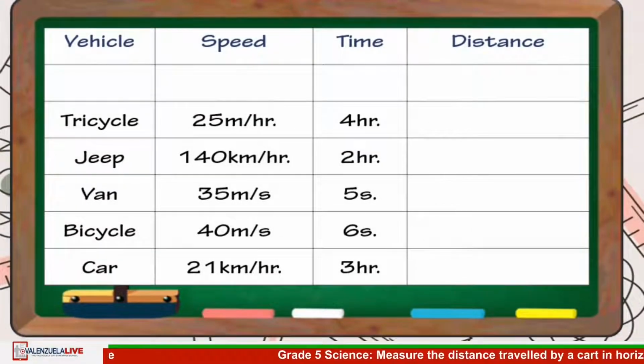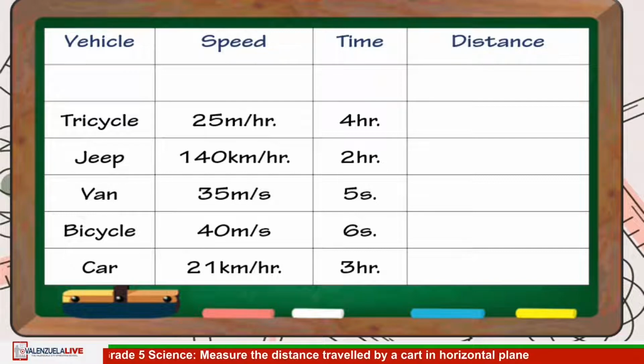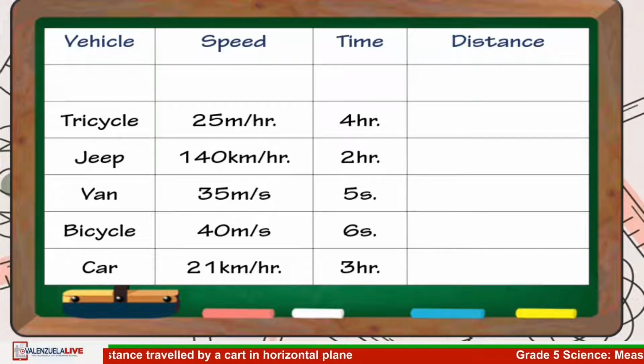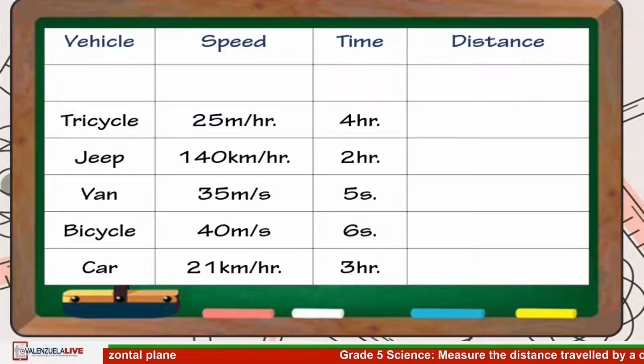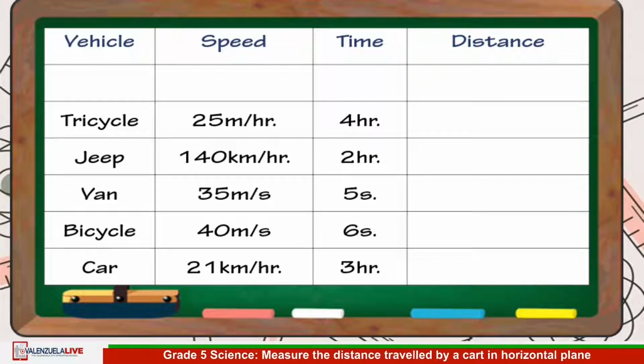Time's up! It is now time to reveal if your answers are correct. Always remember the formula in finding distance. Distance is equal to speed multiplied by time. Let's try the first one. What is the distance traveled by a tricycle with a speed of 25 kilometers per hour in 4 hours? Let us multiply 25, which is speed, by 4, which is time. And the correct answer is